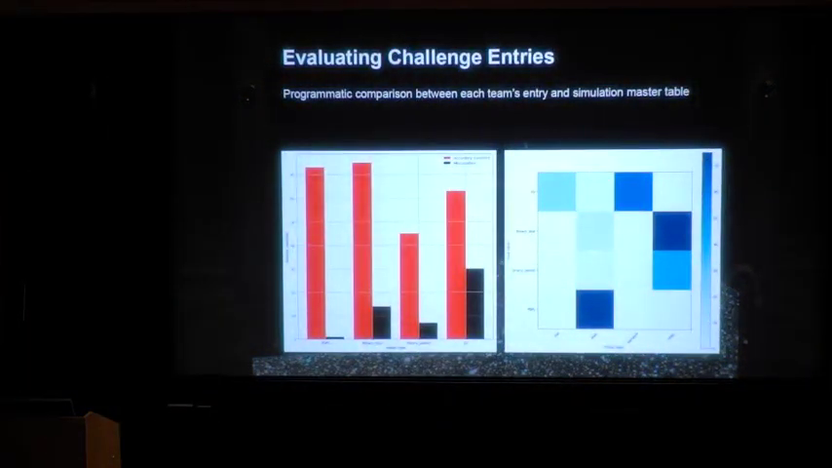In comparing the challenge entries, obviously the one thing you can do with a parameter table is programmatically compare the answers provided by all of the teams with the original master table from the simulation. So I wrote some software to do that. I can't go through every plot and analysis for every team. Unfortunately, we will do that after the fact, but to give you a taste of what that analysis consists of,